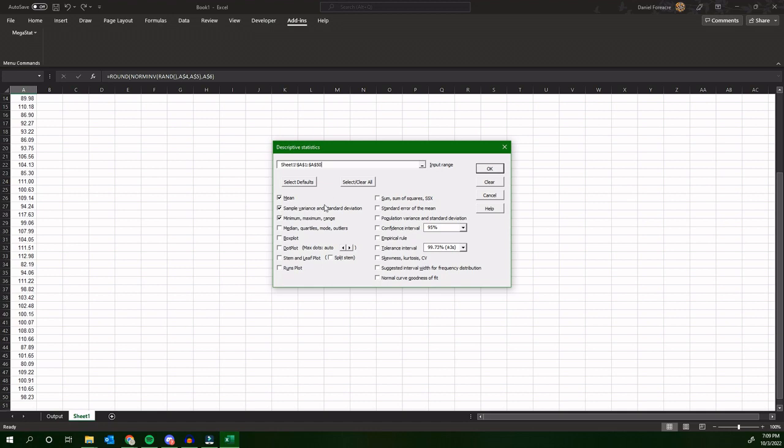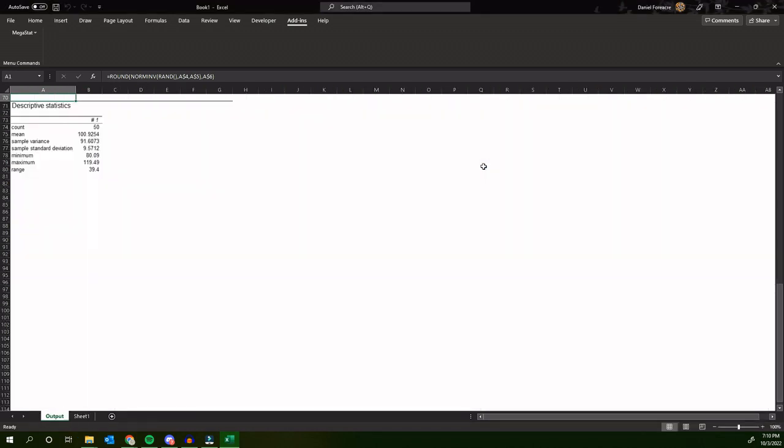The 5-number summary, which is what you will be doing most of the time, is our mean, minimum, maximum, the range, and standard deviation. And when you have those selected, hit OK. It will pop up into this output sheet here what your values are for all those. It will give you the count, the mean of the numbers in the range, variance, standard deviation, min, max, range,